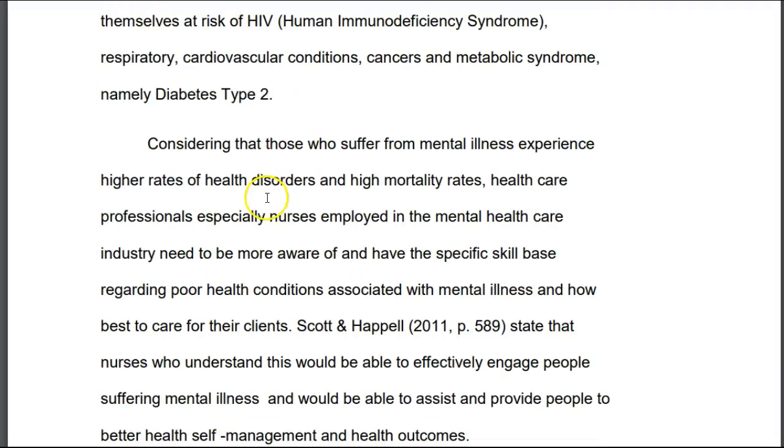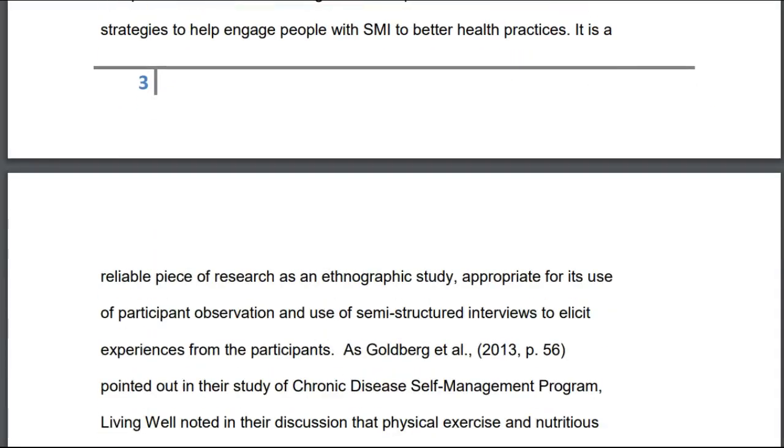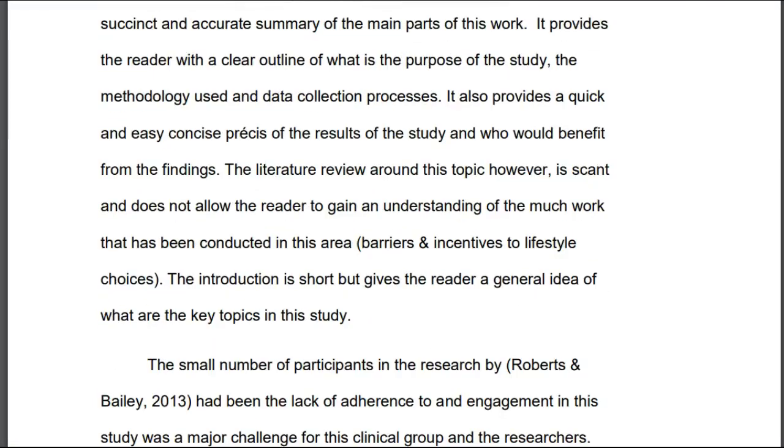And here, what we're seeing is the use of "considering that those who suffer from mental illness." Now that is a poorer way to start a paragraph, because it's making the assumption that you know what came beforehand, and it's actually not up to the reader to infer it. It's up to the writer to say it clearly. Okay, so throughout here there is not a lot of